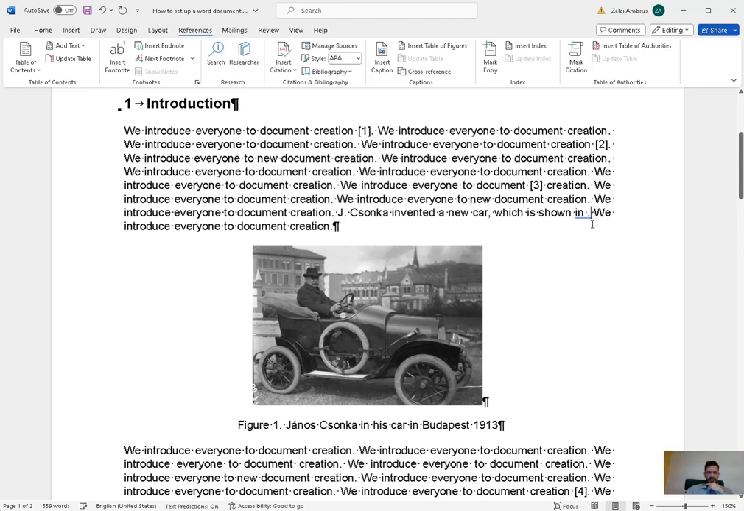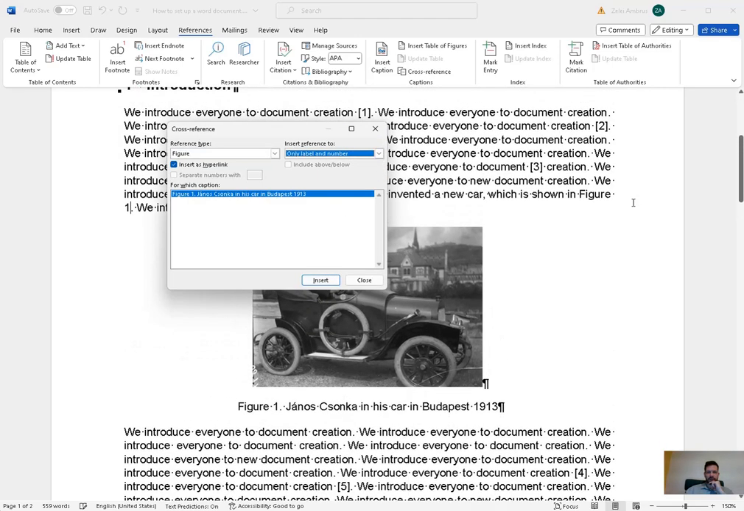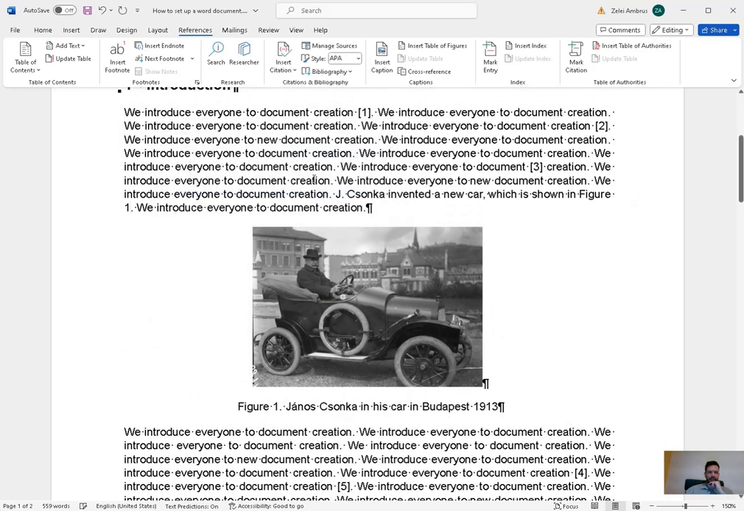So let's try it again after creating a normal enter here. So in figure 1, we would like to say "in figure 1", so now we are using a cross reference, only label and number. So let's see what's going on now. Okay, and now it worked, but the price is that we have a normal enter in between, so we have